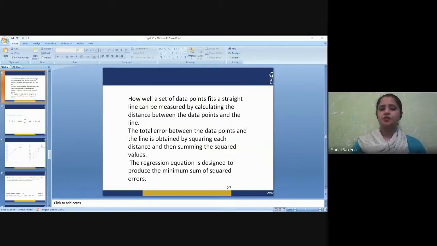So what are the steps to implement simple linear regression? Let us go through the steps. First of all, we need to analyze the data. How can we analyze? By analyzing the scatter plots for linearity. The second step is that we need to get the sample data for model building. Obviously, for building a model, you need to have sample data with you. So this is the second important requirement for implementing linear regression.